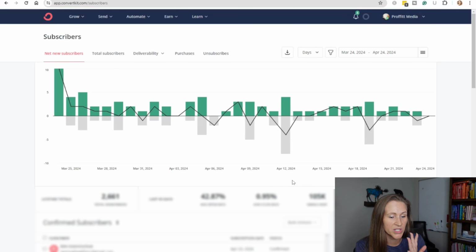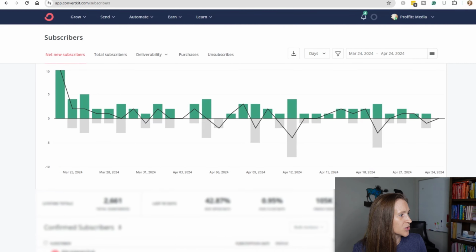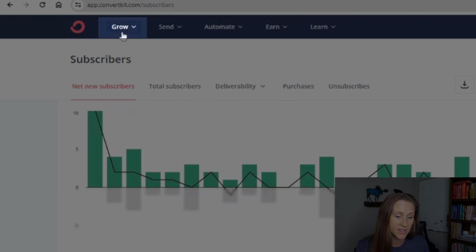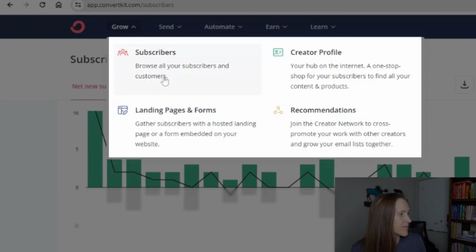But I'm excited about this because I think that this is such a powerful tool that anyone that uses ConvertKit can use. So let me go to the computer and I'm going to show you how you can set up your creator profile. Okay, so once you have ConvertKit pulled up, I want you to go over to the Grow section, the Grow tab. And once you go there, you're going to have subscribers, landing pages, forms, your creator profile,